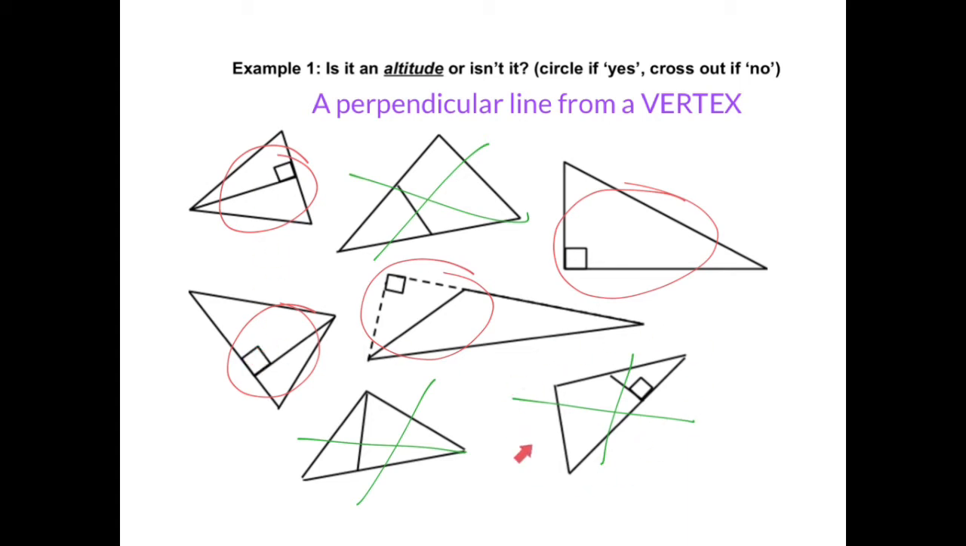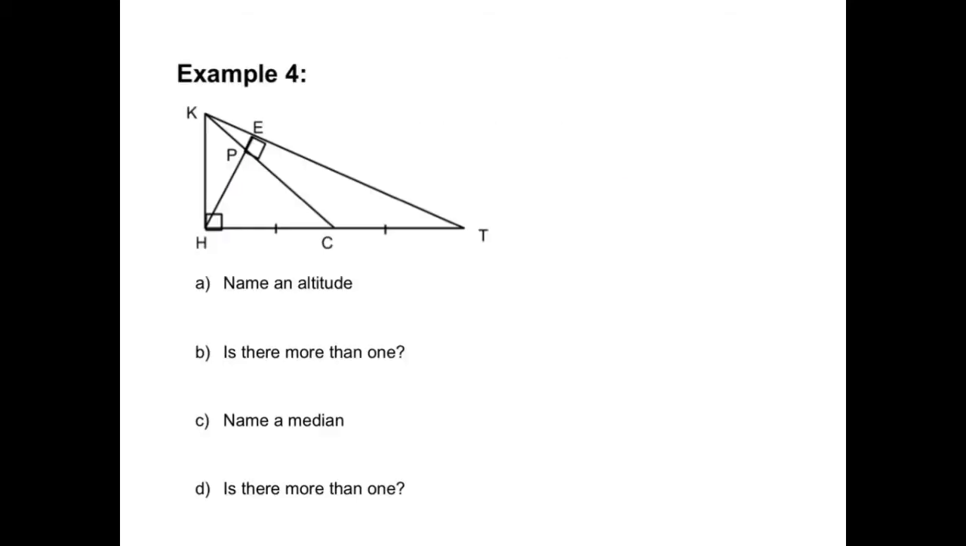However, this triangle down here is perpendicular, but it is not coming from a vertex. So this is not an altitude. These 4 are altitudes. These 3 are not. So example 4 here has a right triangle